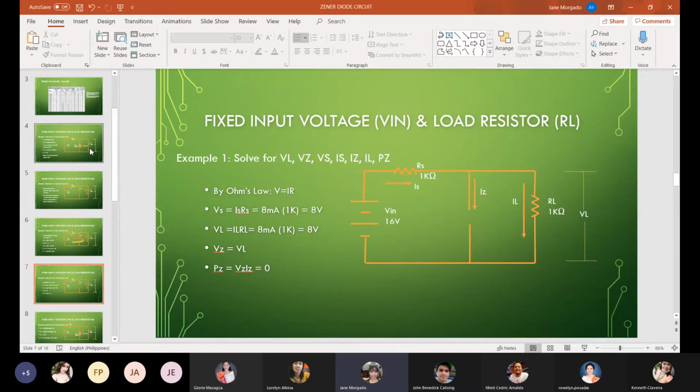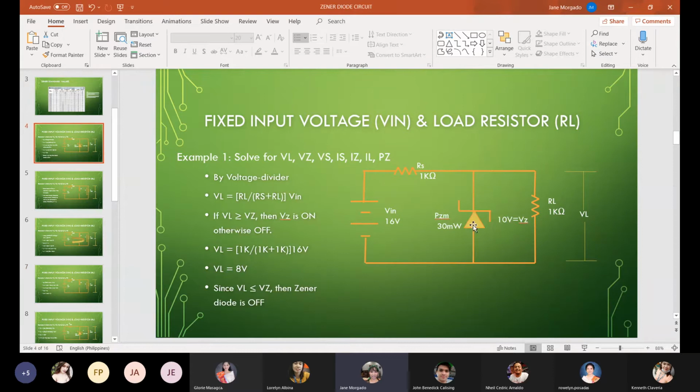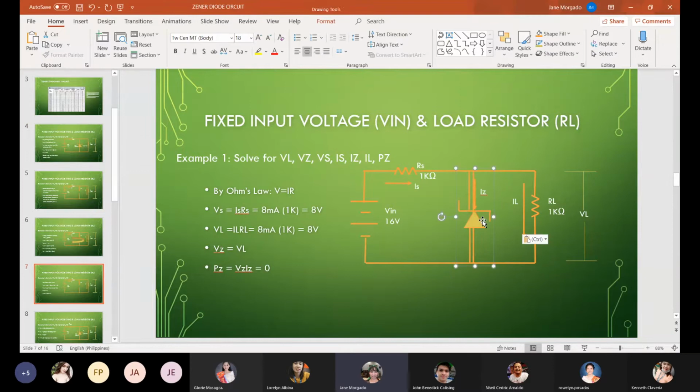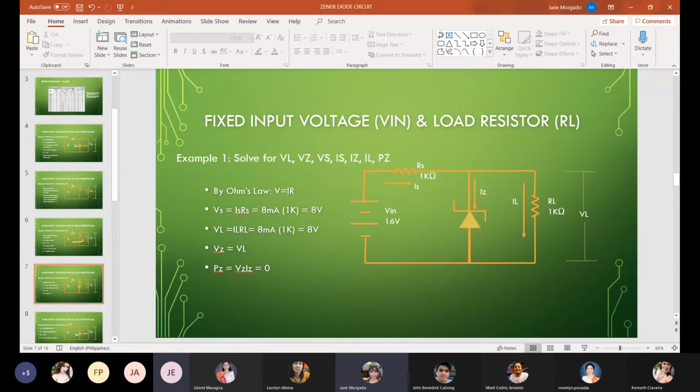The Zener is actually there. It's just that ang assumption natin is that it is an open circuit. Tama ba? Ibalik natin. Nandiyan pa rin naman actually yung Zener. Kaya lang, the assumption is that IZ is 0 because Zener is in reverse. Zener is off. Tama? But then, if you're going to measure, so off na si Zener dito, di ba? And because Zener is off, it assumes an open circuit. Tama ba? Okay, but then if we're going to measure voltage across Zener diode, so what do you think will be the voltage across Zener diode?